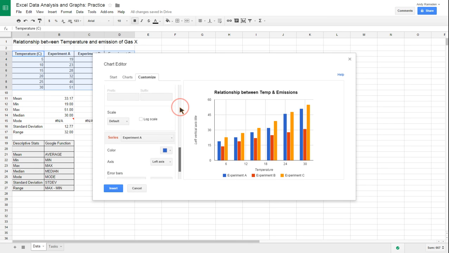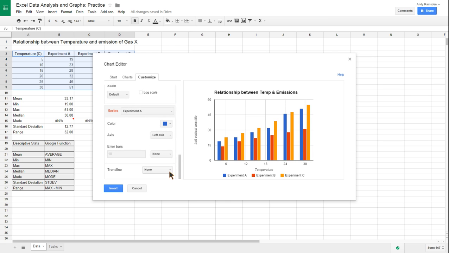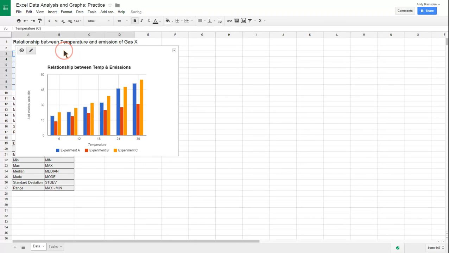Now, something I could also do, if I so wish, is put in something called the error bars. What they show you will give you a feeling, in the sense that you will be pulling on the same data that you would pull on for your standard deviations. So they'll put the errors there. However, for this one, for the sake of just doing a bar chart that's just in the side, I'm very happy with that. Okay. And then I'll click on Insert, and that's my chart there,